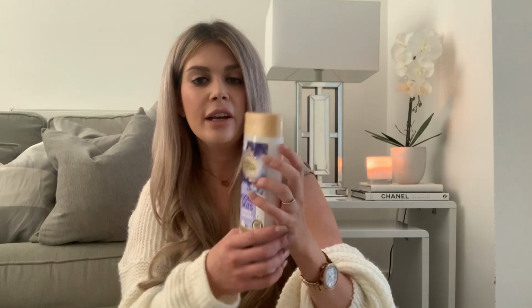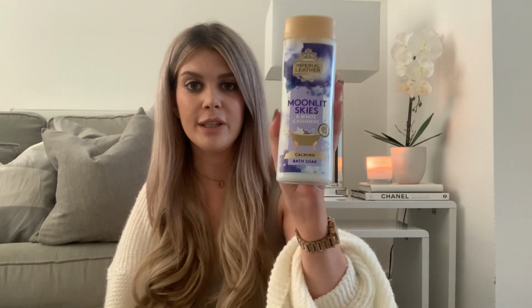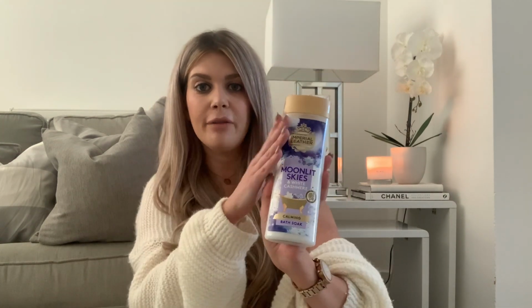I went for the Imperial Leather. This is Calming Bath Soak and it's Moonlit Skies and White Cashmere. And honestly, guys, this smells insane. It literally reminds me of a really expensive perfume, but I can't for the life of me think what it is. But it smells so good. And I think this was like £1 for this massive bottle. So definitely go and try this one out. It smells